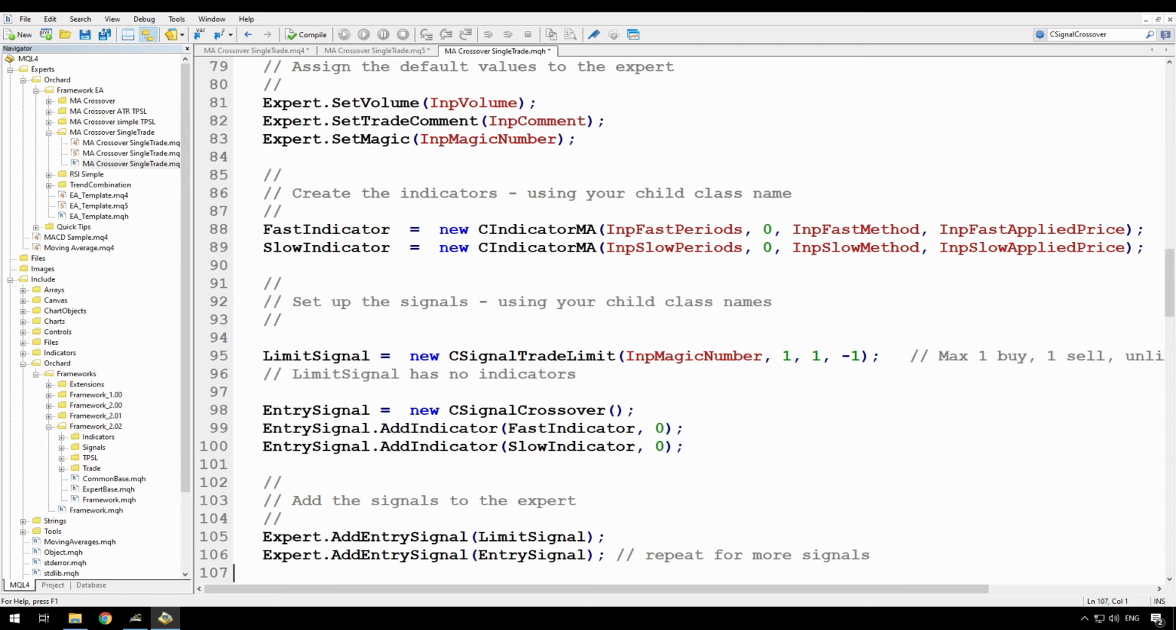So here I'm adding two entry signals to the expert. With the changes that I've introduced in Framework 2.02, the expert will look at each of these and will only trade if they both agree. So if my limit signal says no trade, then it won't matter what comes back from the entry signal, nothing will trade. If the limit signal says both, then the expert will trade whatever the entry signal says, because it could be buy or sell. If the limit signal says buy, then it can only trade buy trades regardless of what the entry signal says,